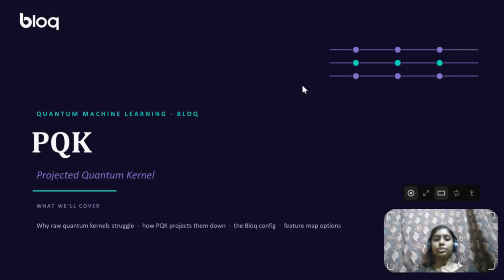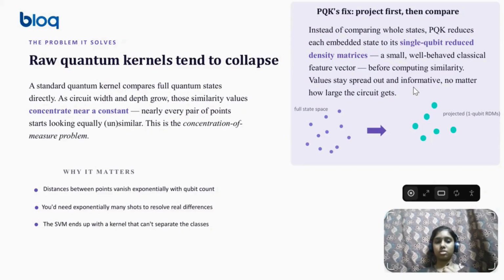So today we are going to look at the projected quantum kernel, or the PQK. If you have heard about quantum kernels before, you probably know they are used to measure how similar two data points are after encoding them into quantum states. Even though it sounds powerful, there is still a problem.